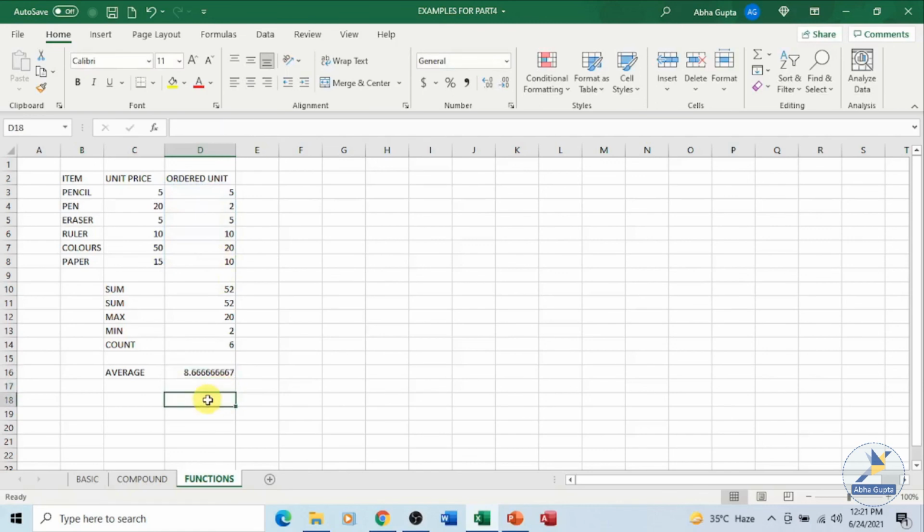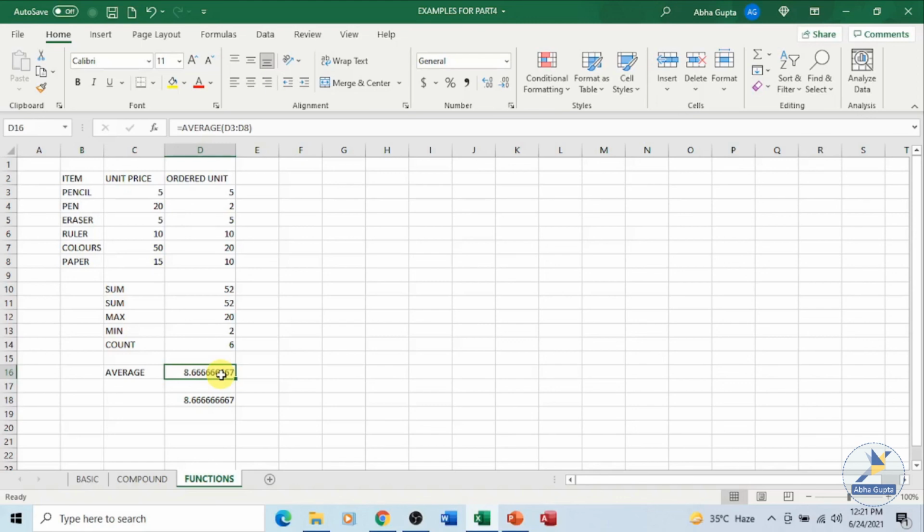Let us check using a simple calculation. Equal to, this is my sum 52 divided by the number of items, which is 6, divided by 6 and press the enter key. You got the same result. So your average function simply does the sum and divides by the total number of items which are present.